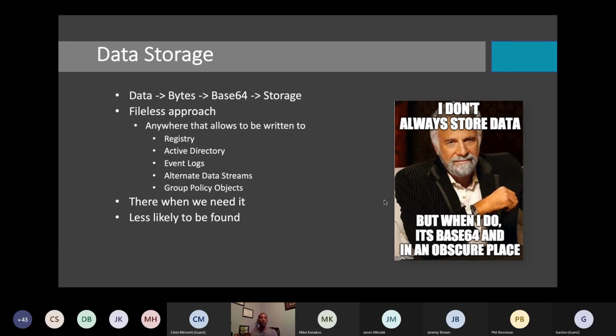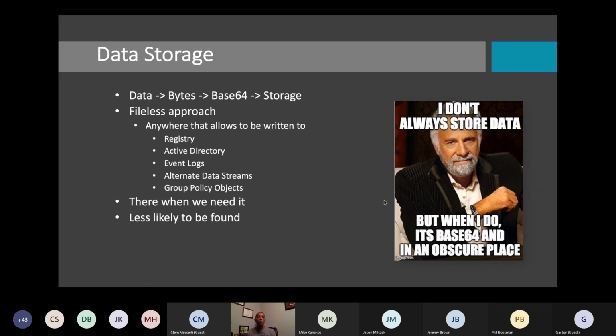Well, we take that binary, and then we would convert it to bytes, a string of bytes, and then we might base 64 it. And once we have it in that base 64 code, we can then store it somewhere on your system, and as we need it, we could retrieve it, and then we could just reverse that process. Some people would say, well, I don't want to base 64, I want to go from bytes to hex. I say it's like a Reese's Pieces where you could do it however makes sense for you based upon the